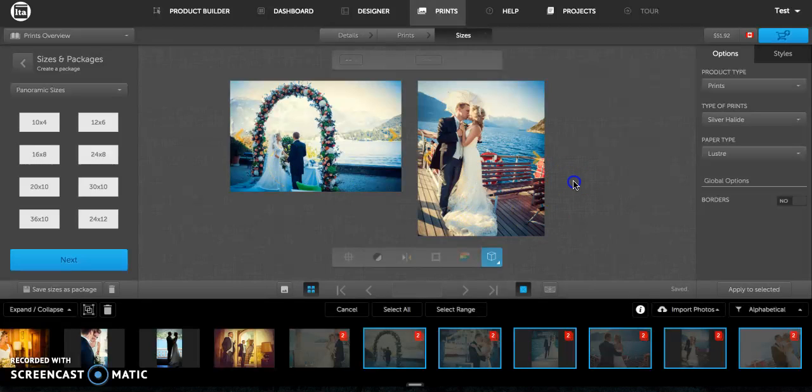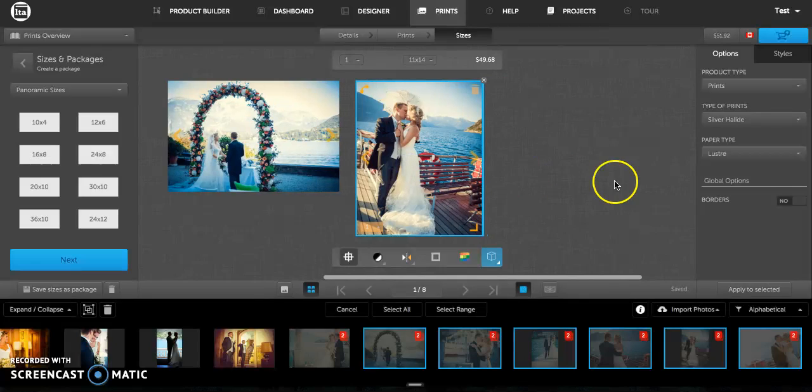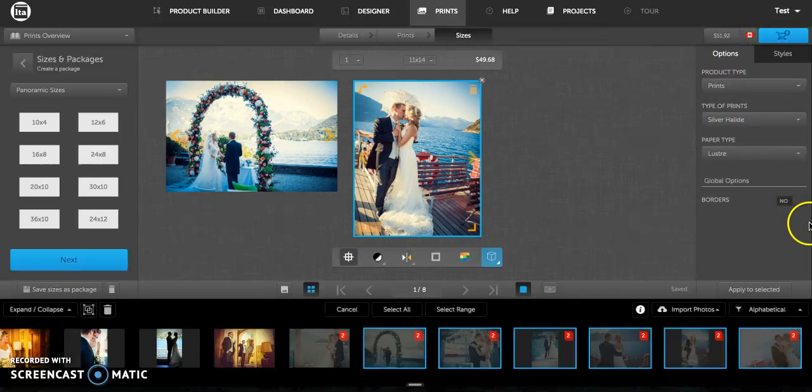Borders and prints are easy to add. There's a couple ways you can do that. So we're going to show you how to do that in this video. First way is to pick a size container, and then just over here on the right in your options, click